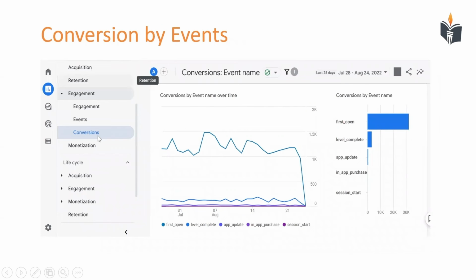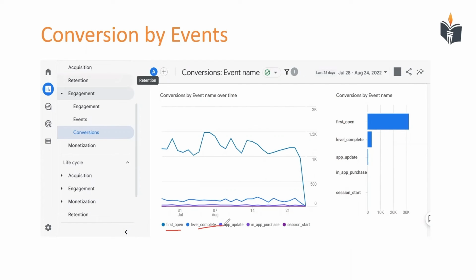Now you can see conversion. So how people are converting. That means how they are performing a desired action on your website. There are different options here. We can see that first open is a conversion, a different conversion.